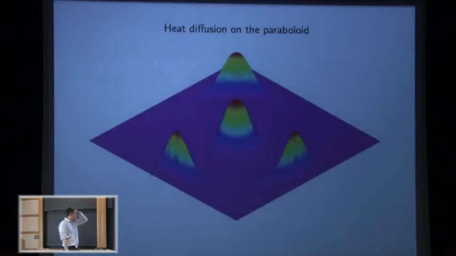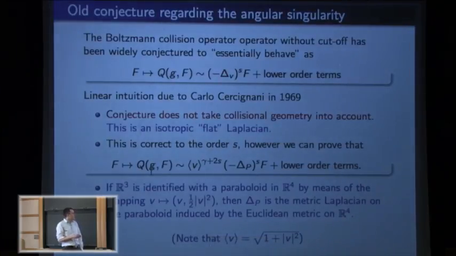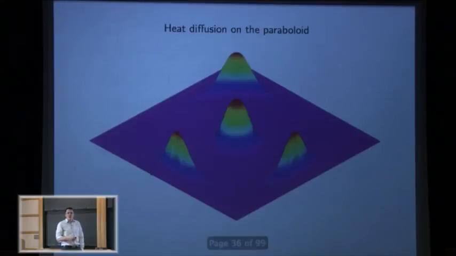So I show you this picture. Erica has seen this picture before, if he remembers, but other people probably haven't. I try to distinguish the difference between these two Laplacians. If you try to approximate heat diffusion with a fractional S power Laplacian, and you take a bump and set it in the middle of a circle, which is what we did here, then the bump would spread out evenly in all directions. But if you take the Laplacian to the power S and you hit a bump in the middle, then it doesn't,